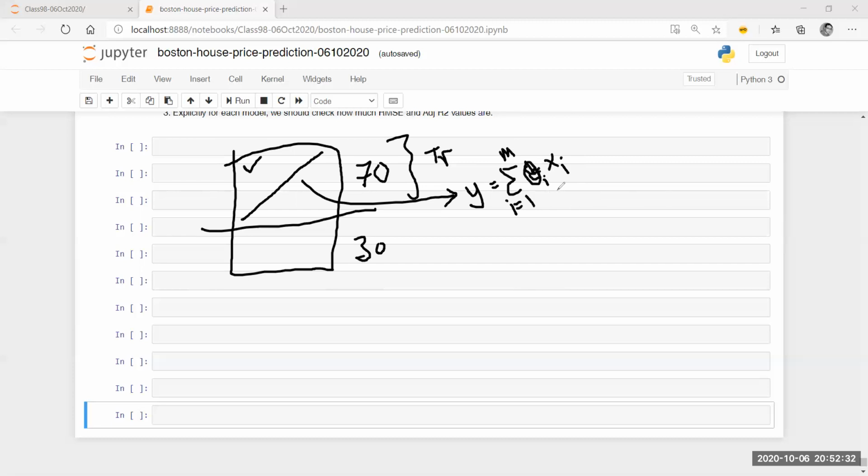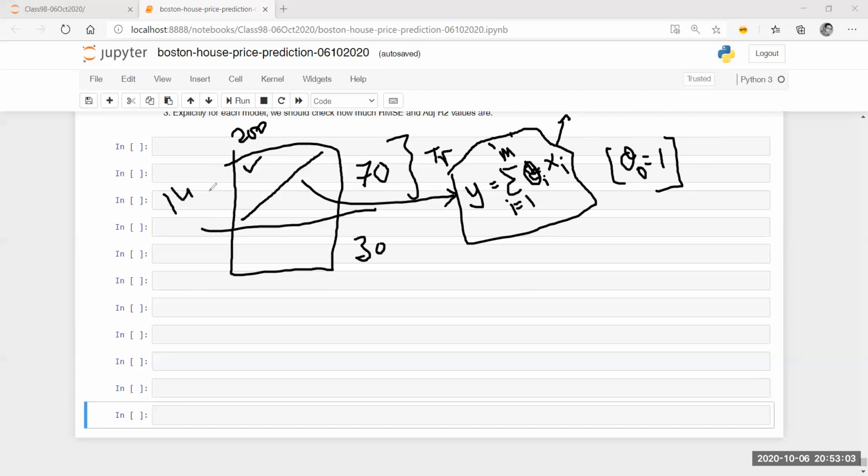So theta are the parameters, right? Theta 0 is considered to be 1. This is my intercept, right? So theta 0 is considered as 1, and then the slopes are multiplied with each and every value. So this is the final formula for the multiple linear regression, which we have seen earlier as well. M is the number of training examples I have. So here 70% out of 200 rows of data, right? So M is equal to 140.